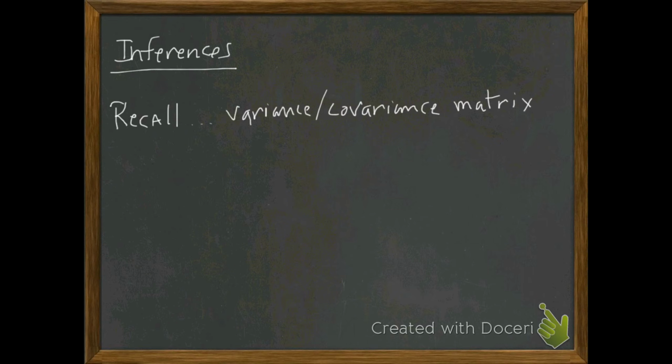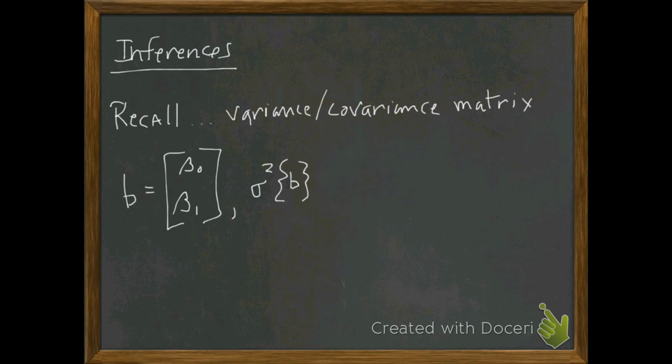Remember again, our beta matrix here is beta 0, beta 1. The variance of B